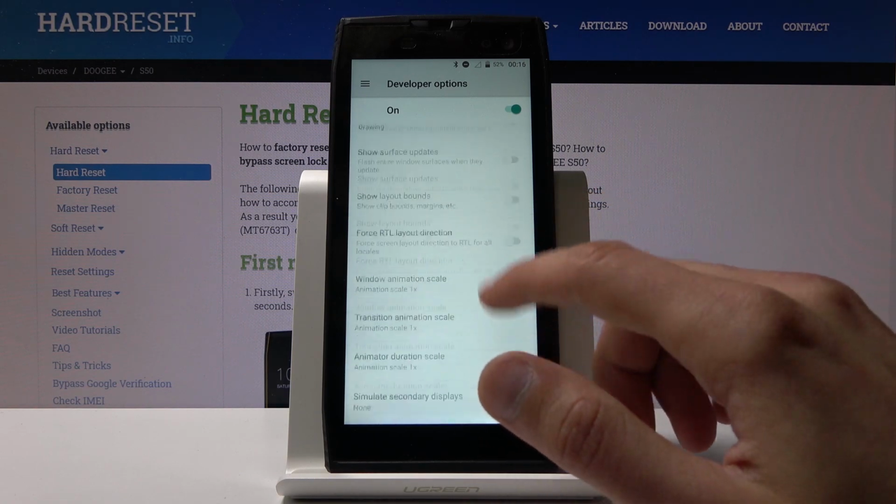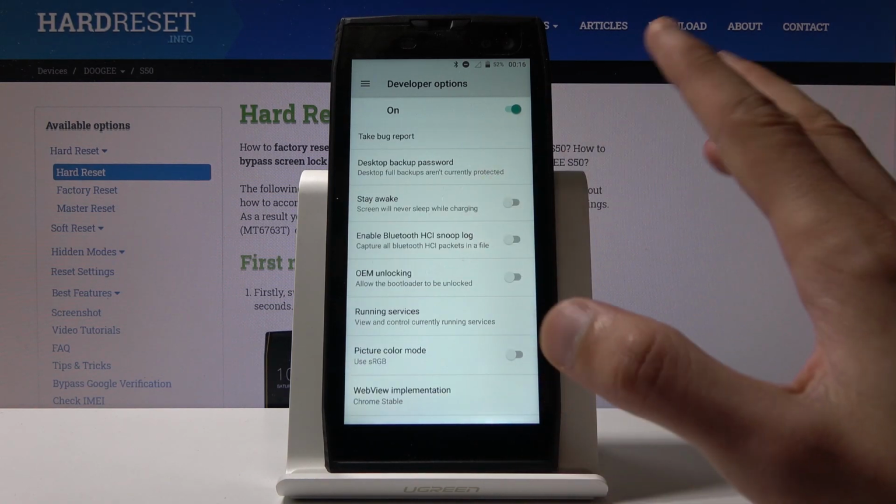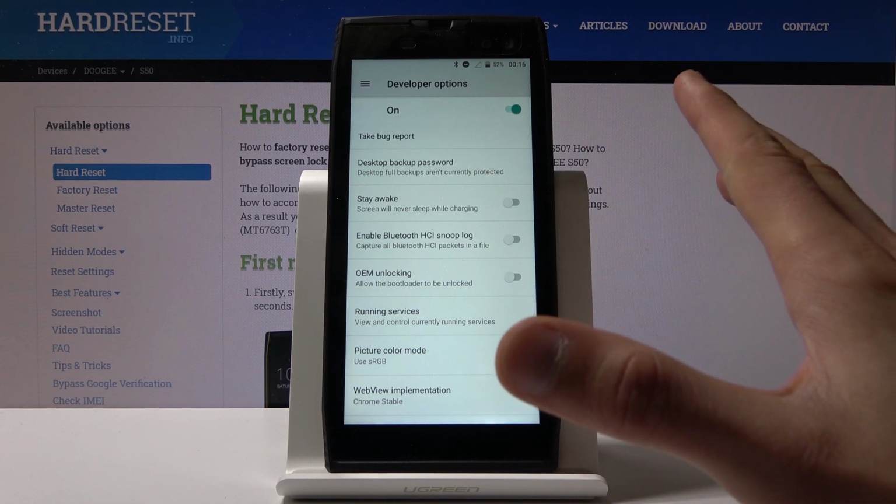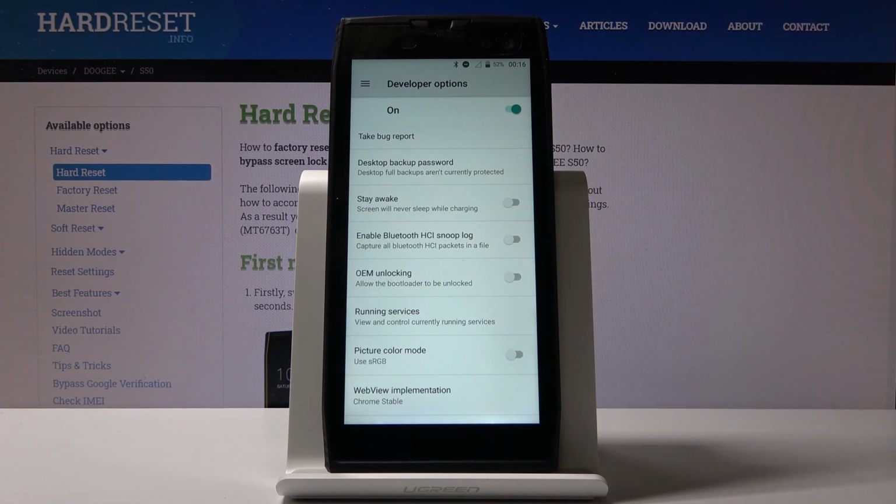Now I would advise against switching on and off things that, for instance, you don't know what they might do. Some of those things might actually change completely how the device works and how it's being affected by certain components, so you might want to keep that in mind. But yeah, this is basically how you would